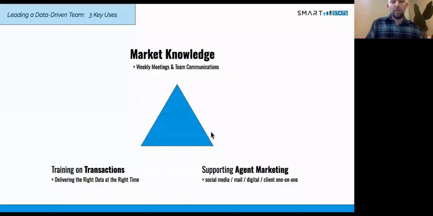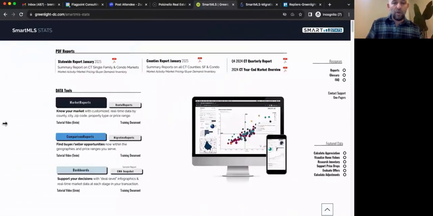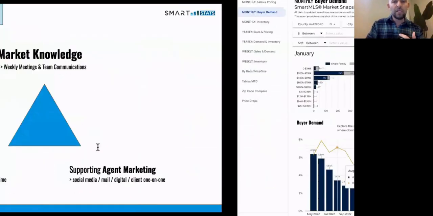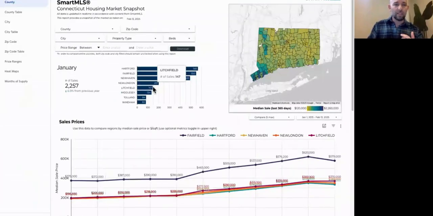And so I'm going to talk a little bit about what that means through this report called comparison reports. And the goal with this report, as you can see here, is to find buyer and seller opportunities right now. Where is the market hot? Where is the market cool? What price ranges within my CRM? If I could go into my CRM and pull out all of the $500,000 buyers, what price ranges are hot right now, and I should be telling those people that. So I'm going to use this tool to sort of demonstrate what this is all about.